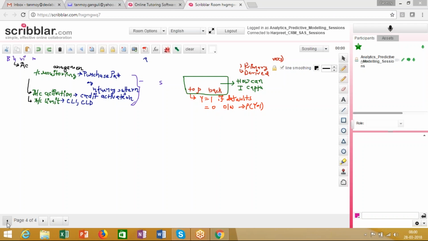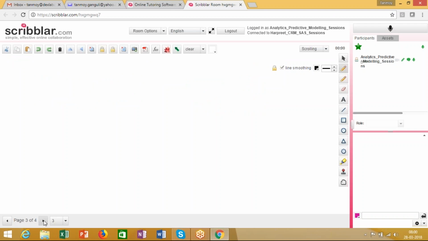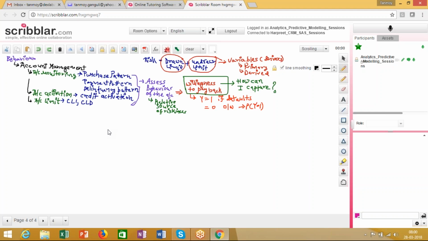So basically, in the last class, we were talking about the different kinds of products, and in respect of each of the products, we were trying to understand what the products are like, right? And then, given that we understand,